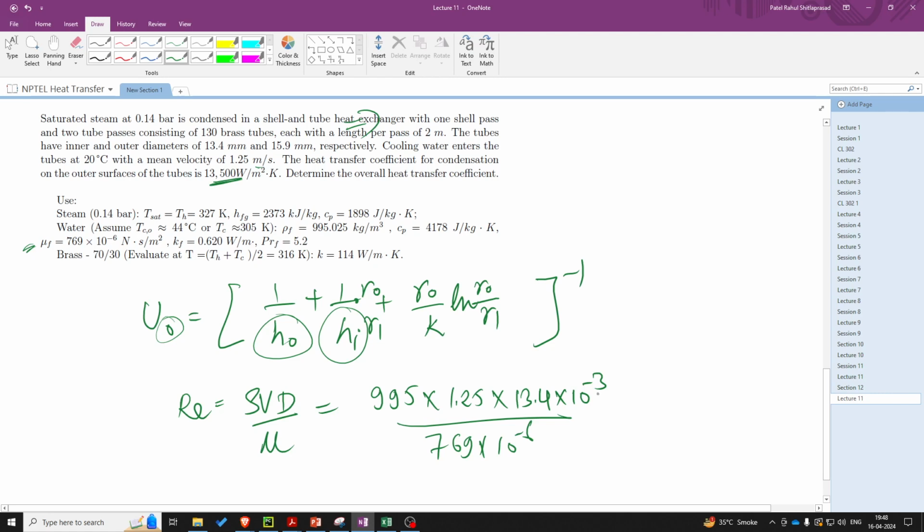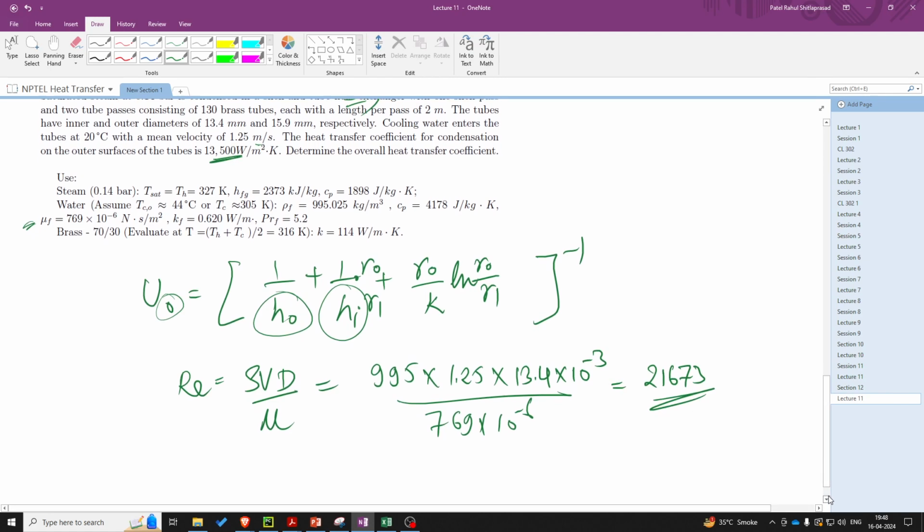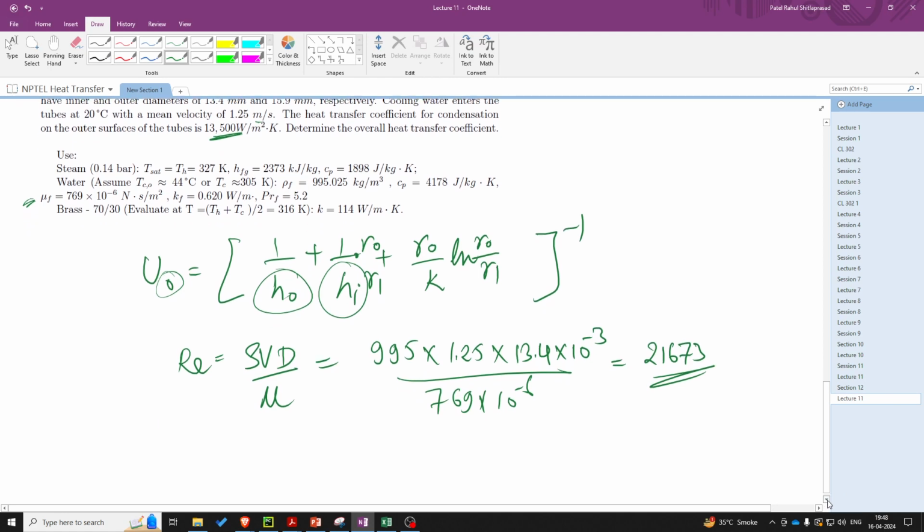If you calculate this, the Reynolds number will come around 21673. Since this is a turbulent flow, we can use the Dittus-Boelter correlation